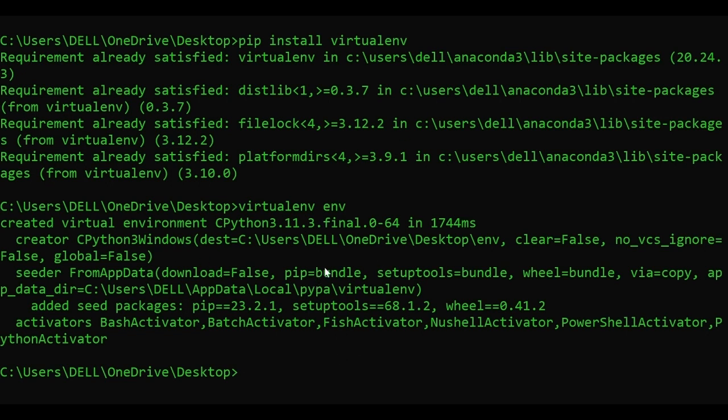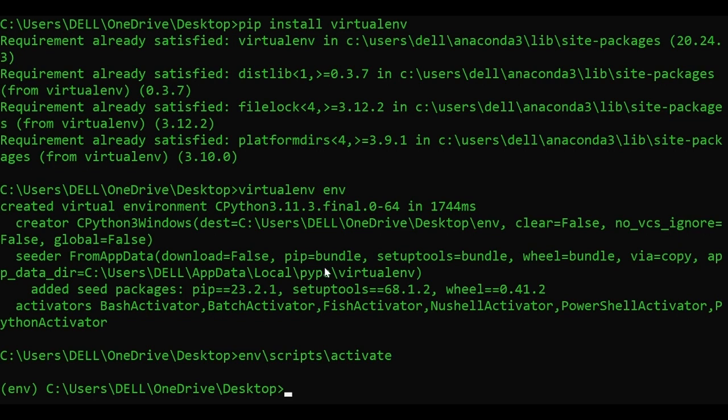Now we have to activate our virtual environment. So env slash scripts slash activate is the command. And you can see that this path is actually prefixed with the virtual environment name. That means that we are inside the virtual environment right now. So now we can go ahead and do the Django install. So pip install Django,